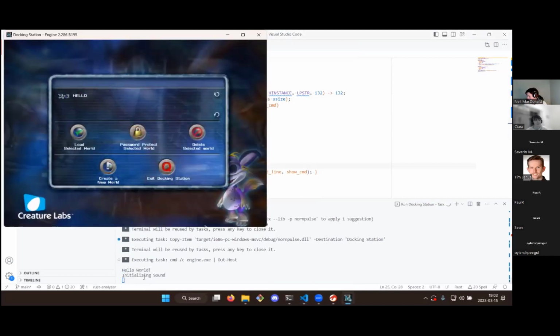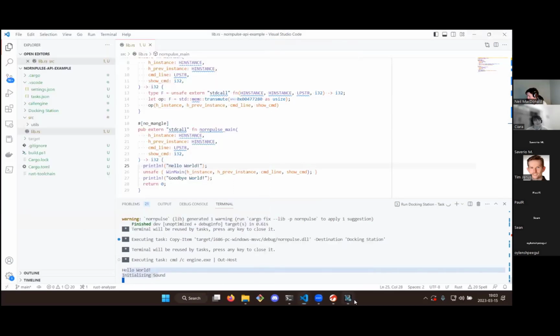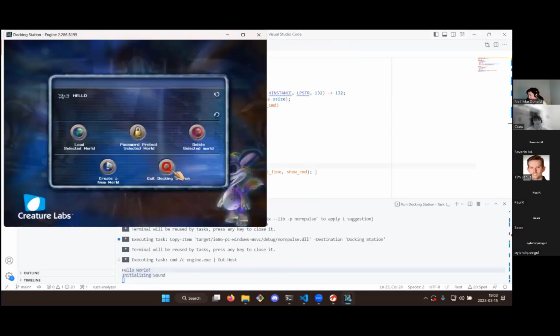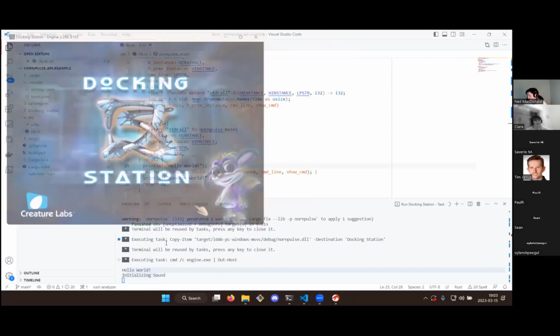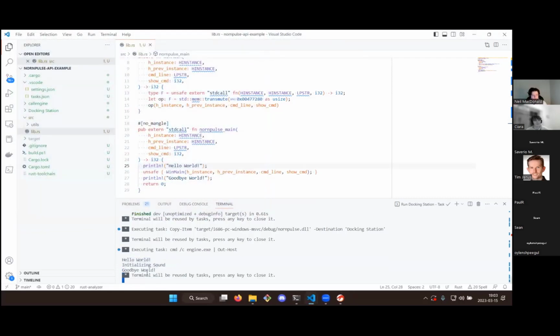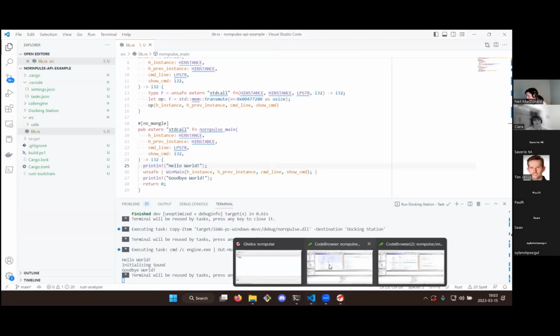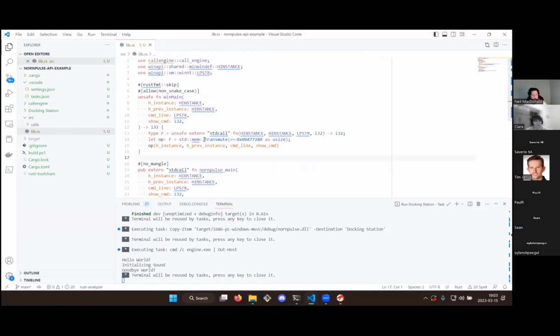So you see it prints hello world down here at the bottom. Also the text, initializing sound. If I exit, goodbye world. So from the Rust end of things, by examining the decompiled code, we can start calling C++ from Rust arbitrarily. And that's pretty powerful. Of